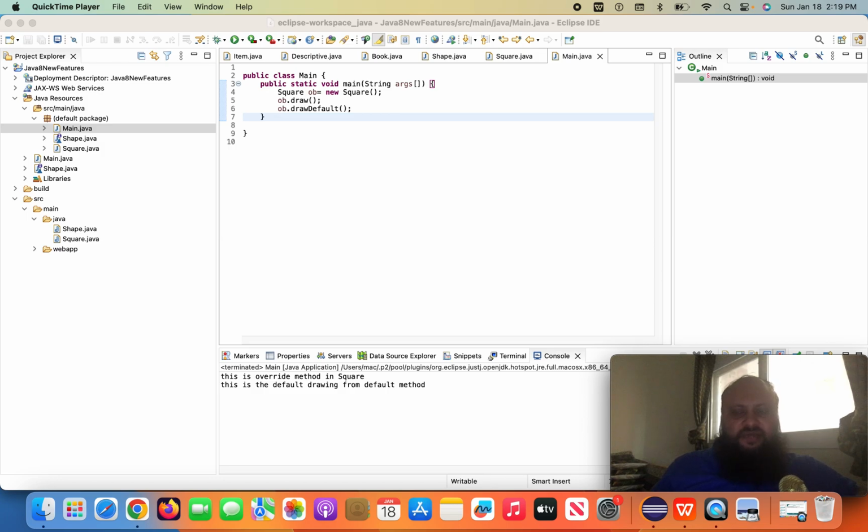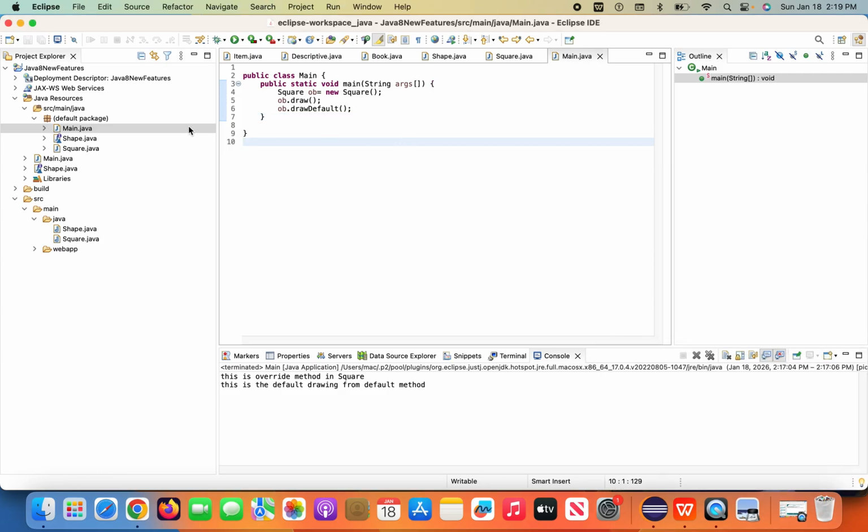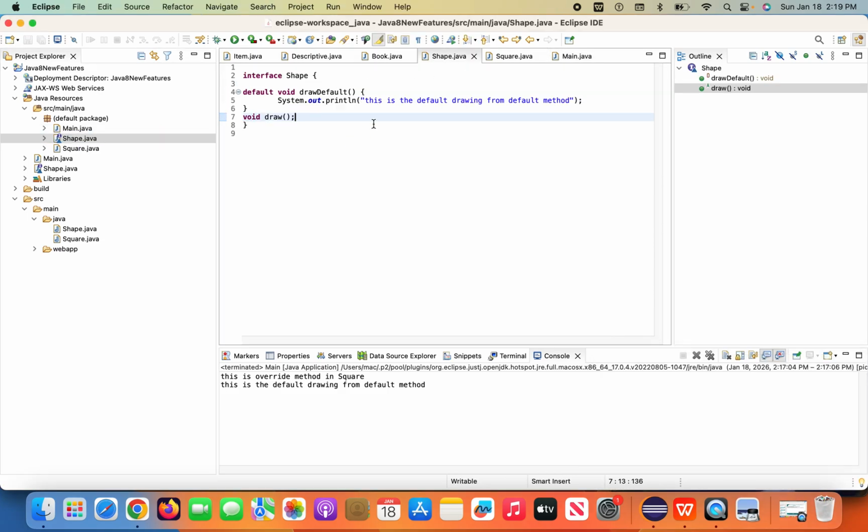So in the last lecture, I gave the theoretical part of the default methods in Java 8. Now I am going to show you the practical, the code of the Java 8 new feature, the default method. If you are able to see my screen, we have one method, the default method, that I declared